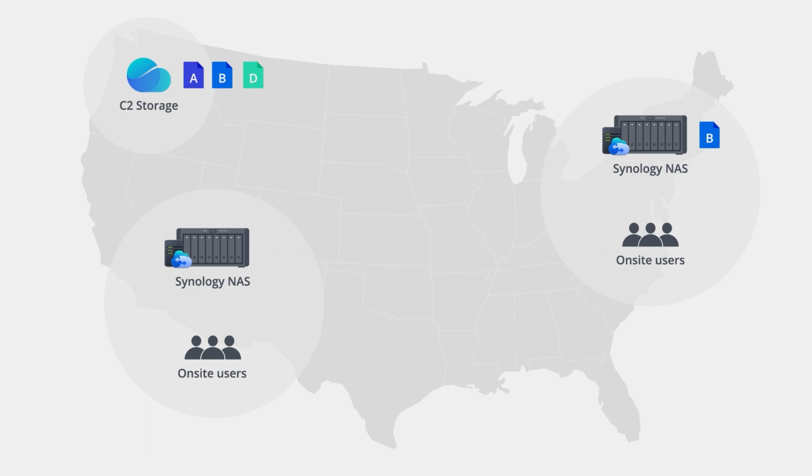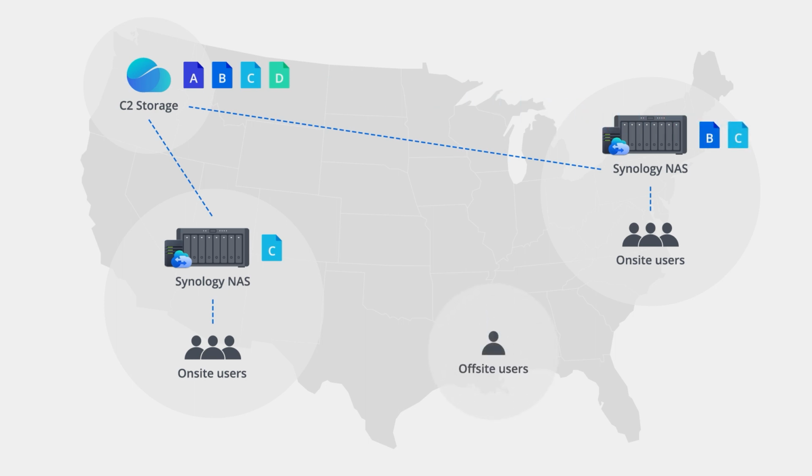And our on-site users can now access those local NAS through normal file protocols like SMB. And as you saw, the learning curve for accessing that data is extremely small, as long as your users have actually utilized a Windows file server in the past. Now, we also have our offsite users, our remote users, that can access that same HybridShare folder through Synology Drive's web portal or through direct sync tasks to their endpoint PCs.